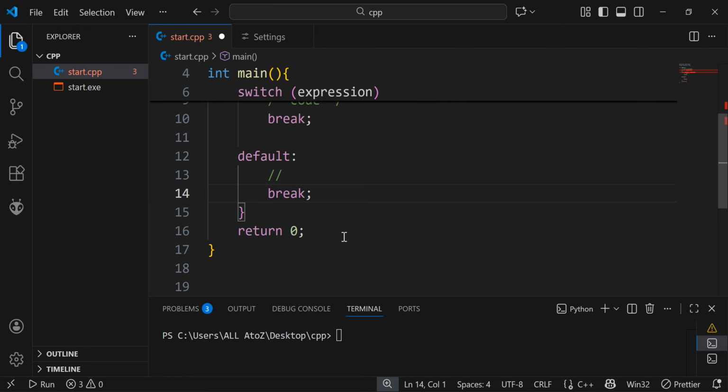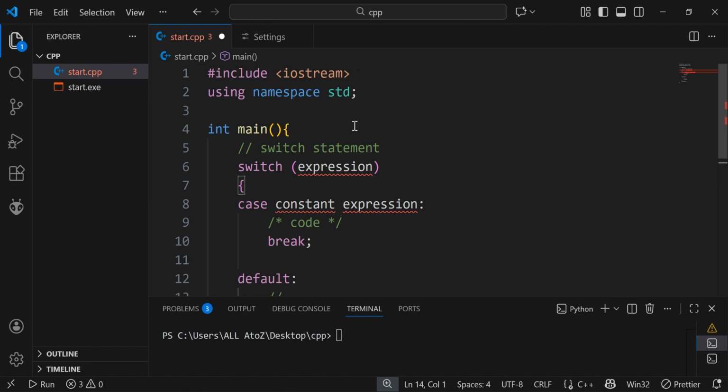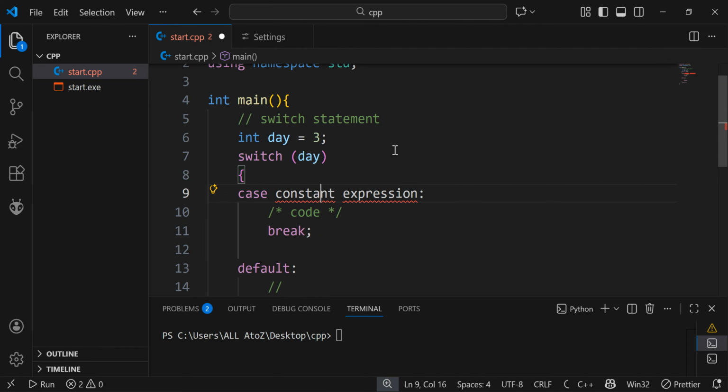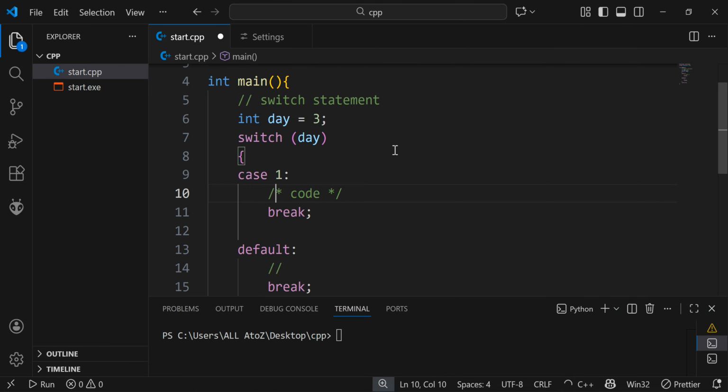Let us take a look at a simple switch example. Here we are going to be using a variable. Let us name it day, and set it equal to 3. Let us use this day as the expression, and we are going to create a case. Case day is 1. What are we going to do? We are going to output